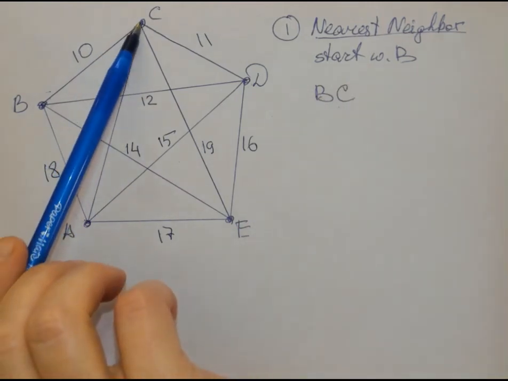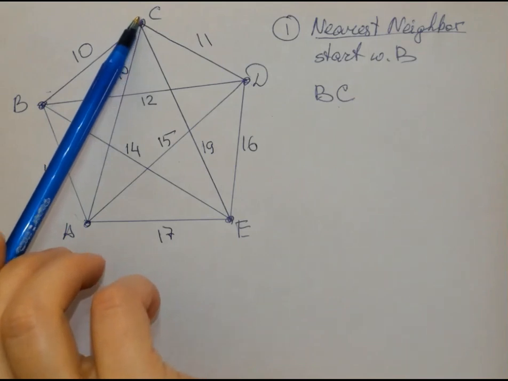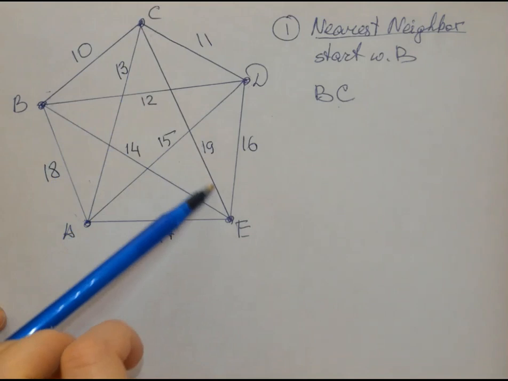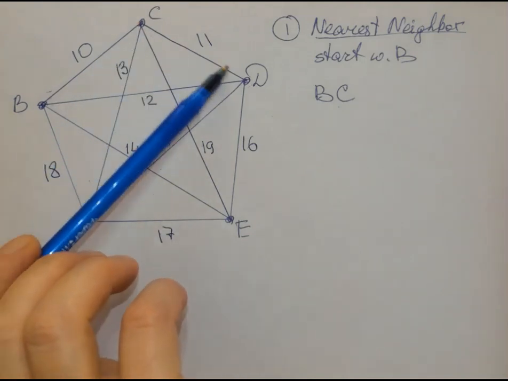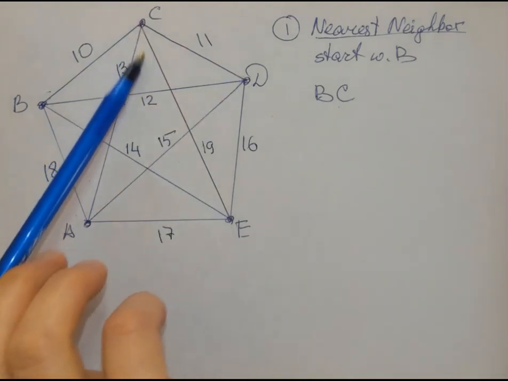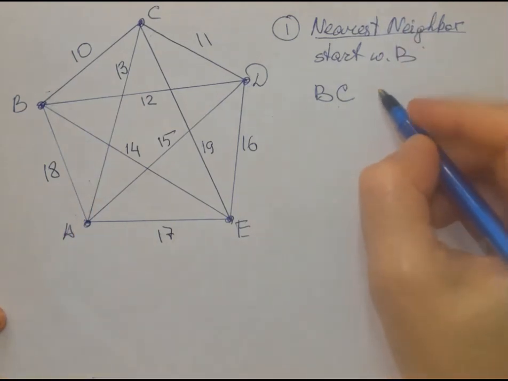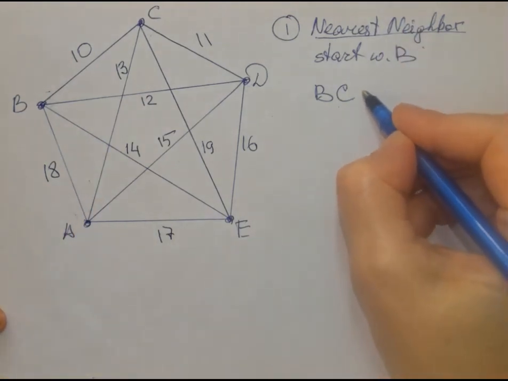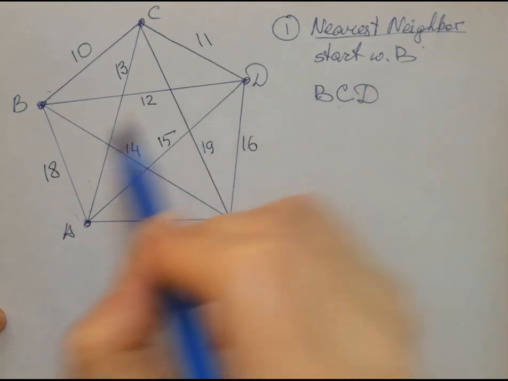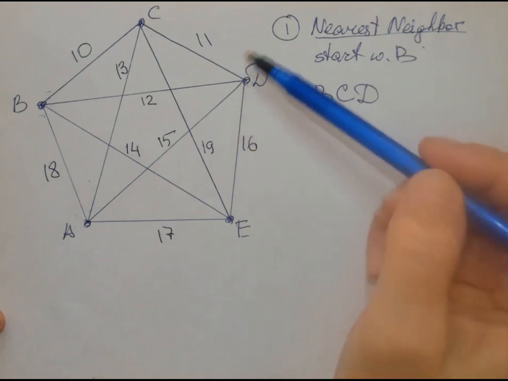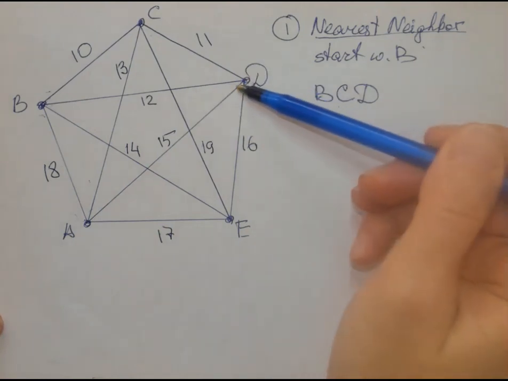Then we're searching for the cheapest distance from C to any other vertex. We have 11, 19, and 14. 11 is the cheapest option, so we choose D. Now we came to D. We have actually 3